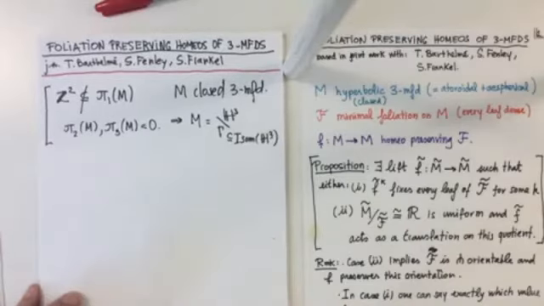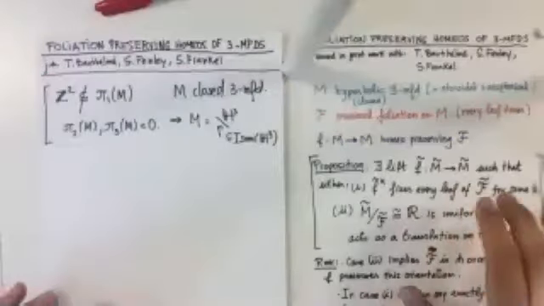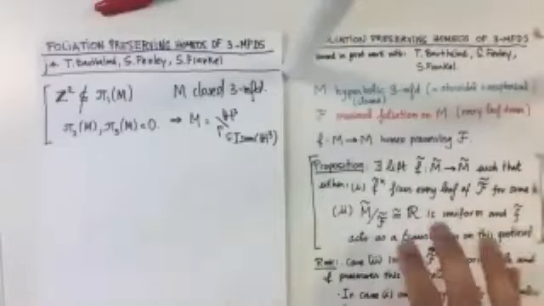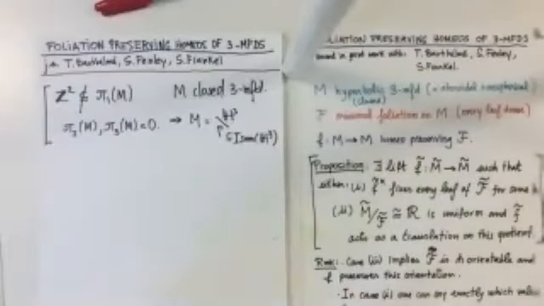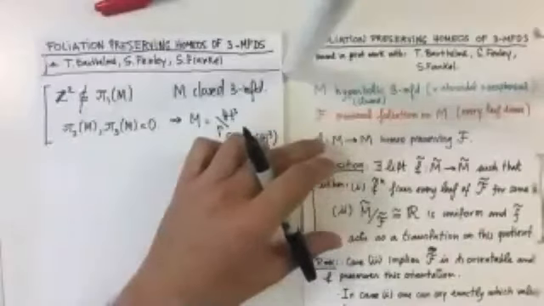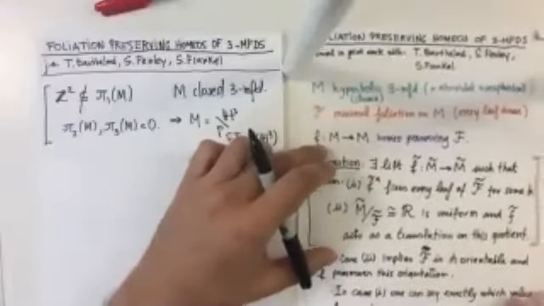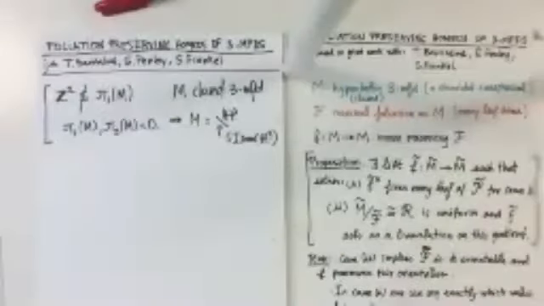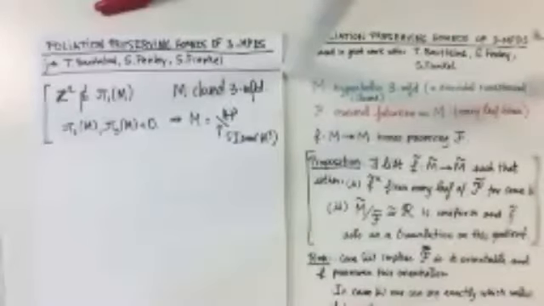And the result I want to describe first is this proposition I wrote here. I don't know if you can read it correctly, but it says that if I have a homeomorphism of a hyperbolic tree manifold that preserves a minimal foliation, then essentially either every leaf is fixed by this lift, or you have some information on the foliation, and F acts as a translation in the space of leaves.